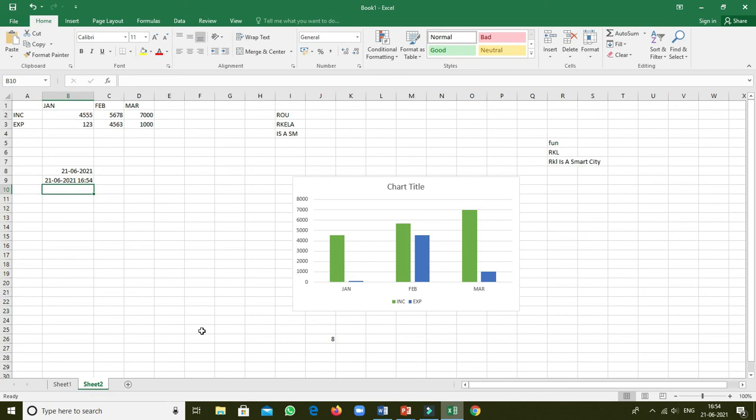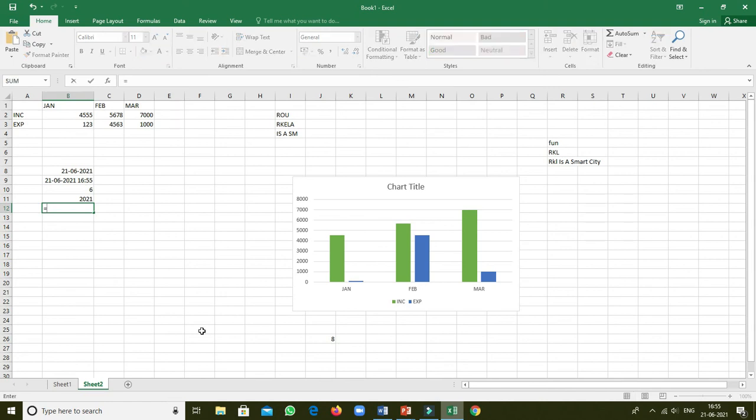Date and time will be displayed. If I write equal to MONTH of this today date, means that cell address you can specify, that is B8. Yes, 6 will be displayed. If I want to know the year of today's date, then yes, it is displayed.